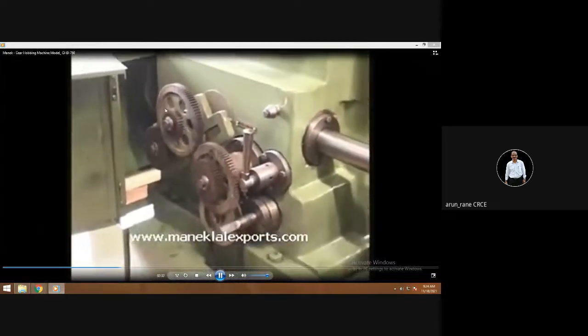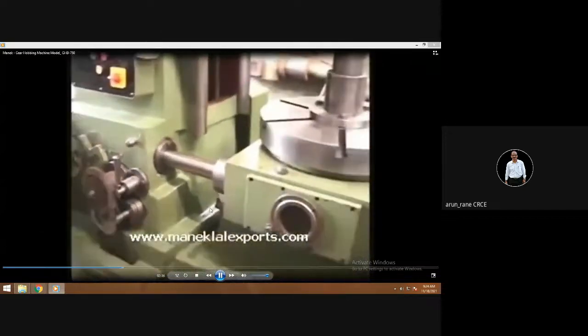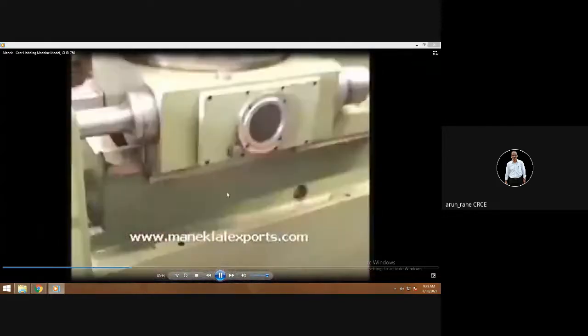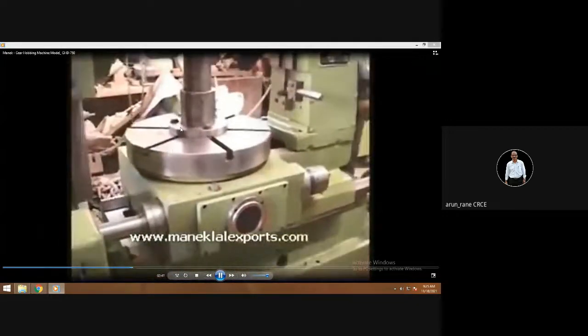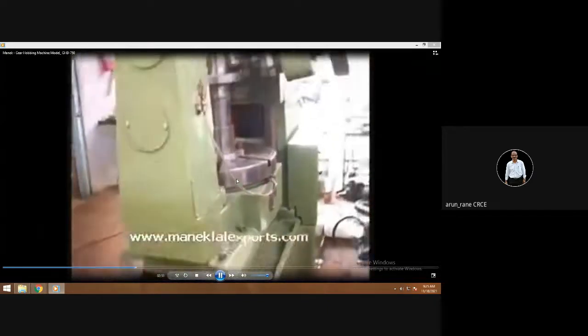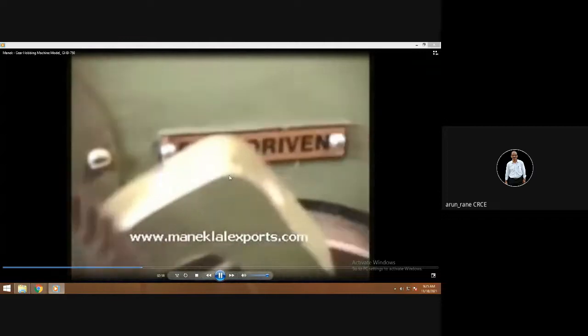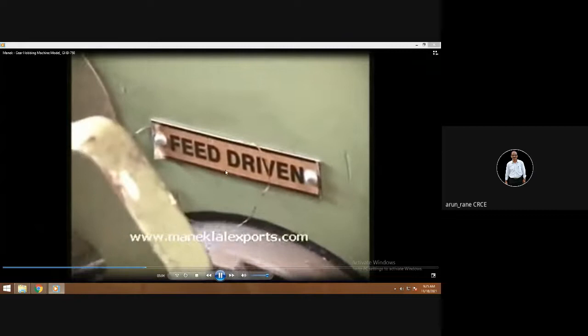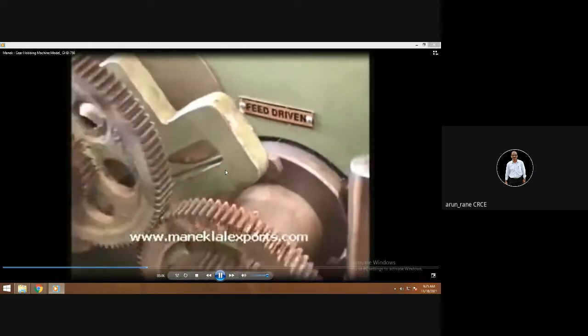These are the different gears for transmitting the drive between workpiece and the cutter. So there is a fixed relation between both the velocities that goes by the formula n1 upon n2 is equal to d2 upon d1, or that is equal to t2 upon t1. So if the gear is big, the RPM will be less. So the RPM and the outside diameter are inversely proportional.